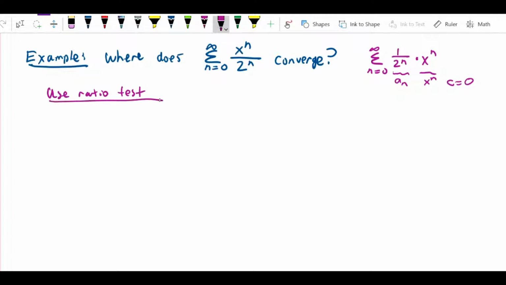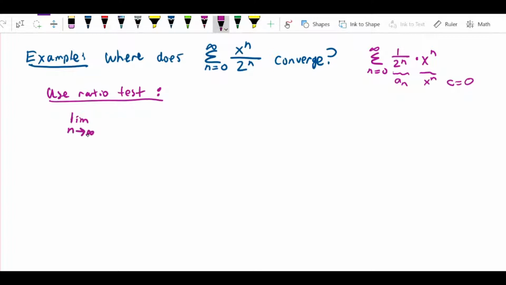This is actually one of those series where you could use the root test. I like to reinforce the idea of using the ratio test because usually when people choose the root test, they've overlooked something and it becomes very difficult to evaluate. This is certainly a series where you could use the root test, but I want to demonstrate with the ratio test how it works. So let's use the ratio test, and what we're going to do is calculate the limit